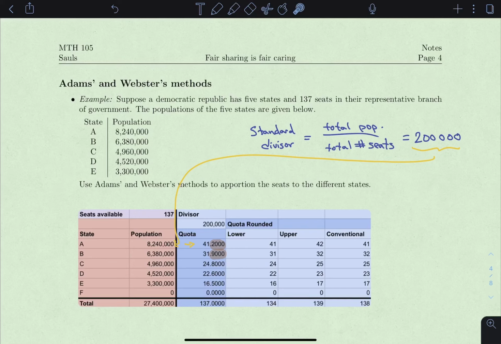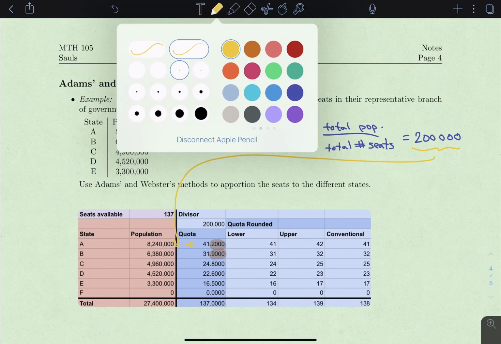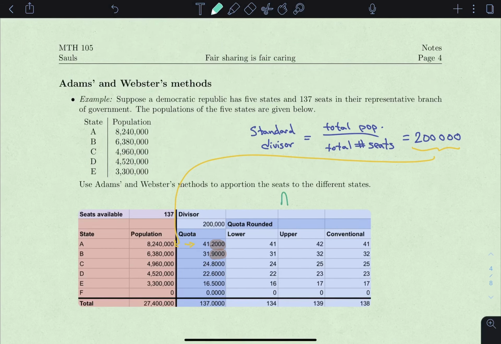So just rounding all of these numbers down, you see 31.9 rounds to 31. Just pull off the integer part and adjust the divisor until we've apportioned exactly as many seats as we started with, which is 137. In Adams's method, we'll look at the upper rounding, so 41.2 rounds to 42, 31.9 rounds to 32. Everybody rounds up, and we'll adjust the divisor until we've apportioned exactly 137 seats. You can see we haven't done that right now, but this will be what we'll look at to deal with